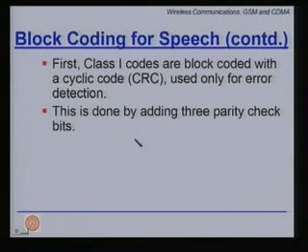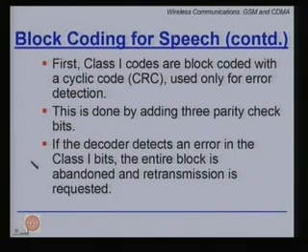For class 1 bits, we have block coding with a CRC used only for error detection. This is done by adding 3 parity check bits. If the decoder detects an error in class 1 bits, the entire block is abandoned and retransmission is requested. So, it is a scheme where you request retransmission of data once the error detection takes place.